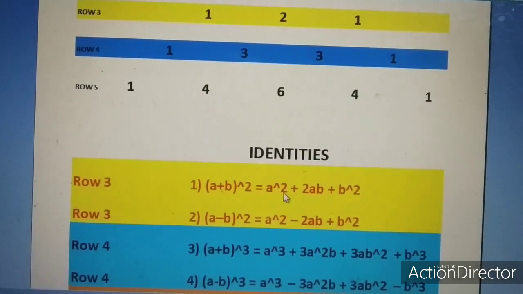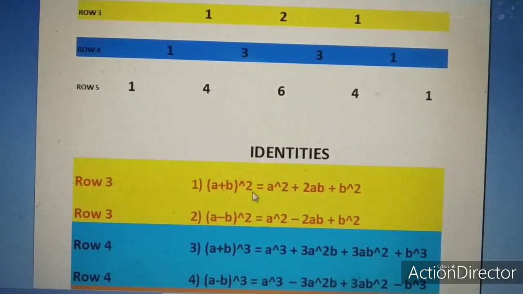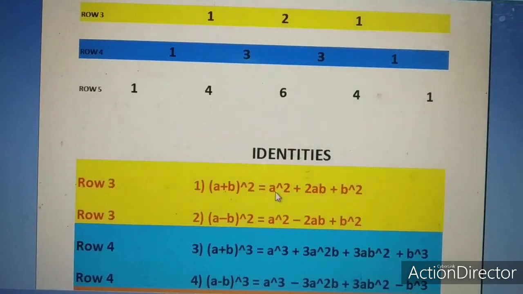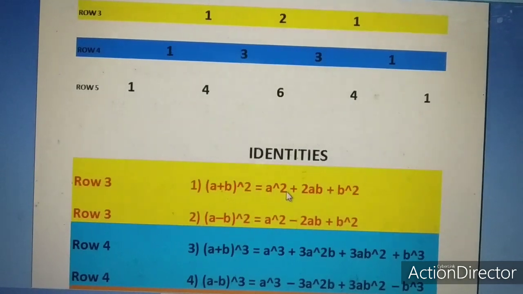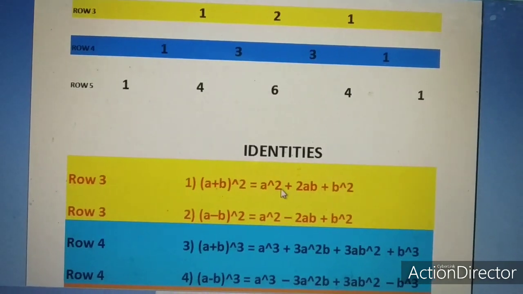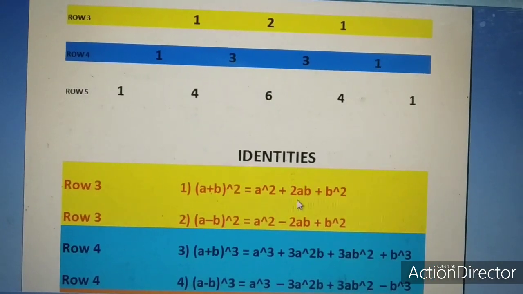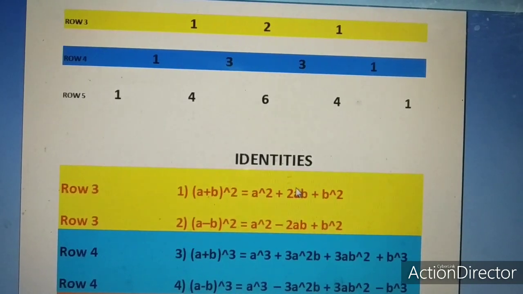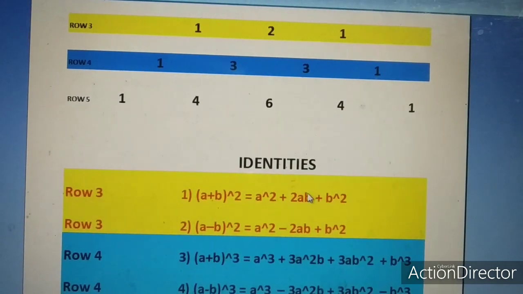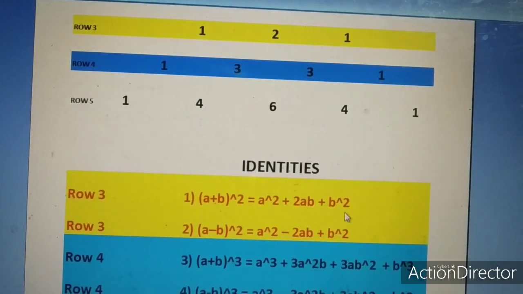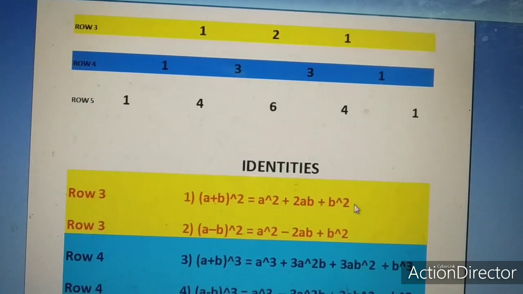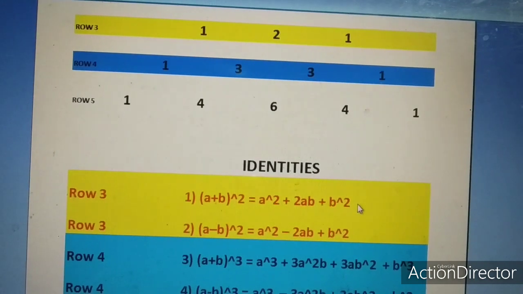Now if you are going to consider the variables, how to remember the variables: everywhere you write a, b, a, b, a, b. Since the total power is 2, I have written a power 2. So what will b have? b will have only the power 0. Any number to the power 0 is equal to 1. Here both a and b are there, so power of a is 1, power of b is also equal to 1. So 1 plus 1 is equal to 2. Here power of b is 2, so the power of a will be 0. So a power 0 is 1.